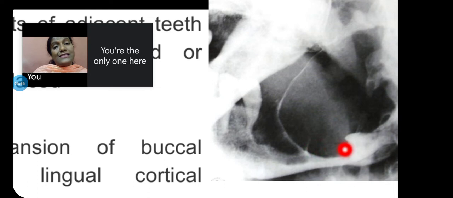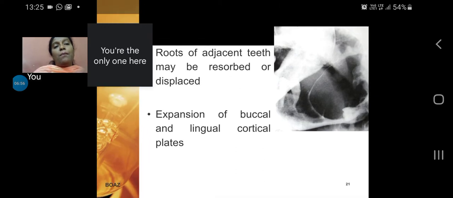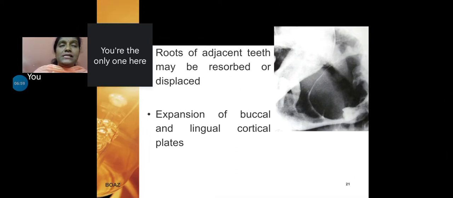So this is an example of unicystic ameloblastoma. So see over here, only one single radiolucency bordered by a nice thick radiopaque border. Roots of the adjacent teeth may be resorbed or displaced. You will see that there is uniform expansion of both lingual and buccal cortical plates, a very common, a very